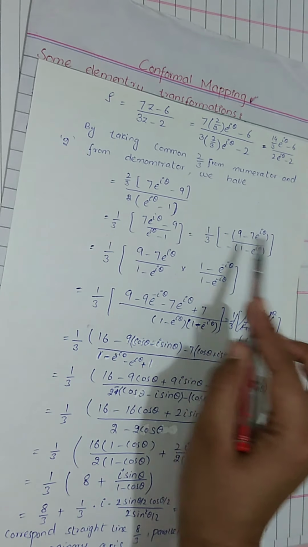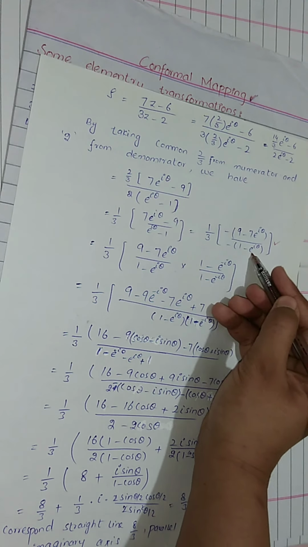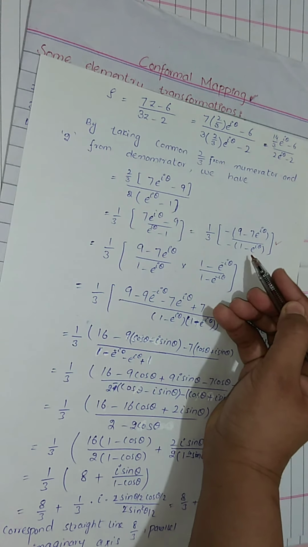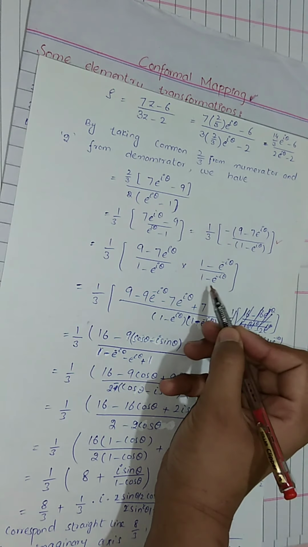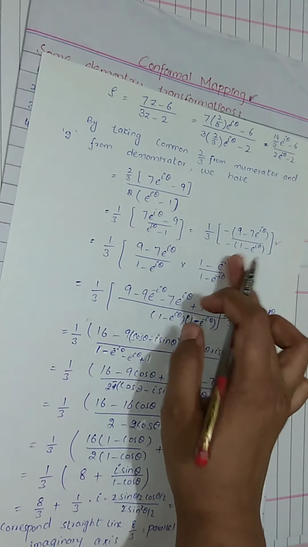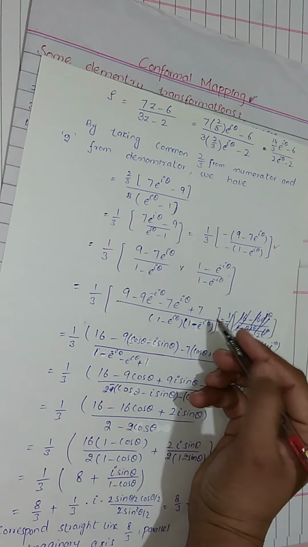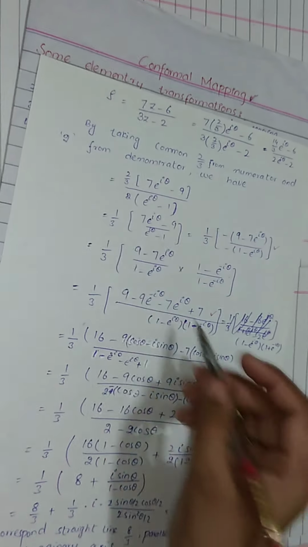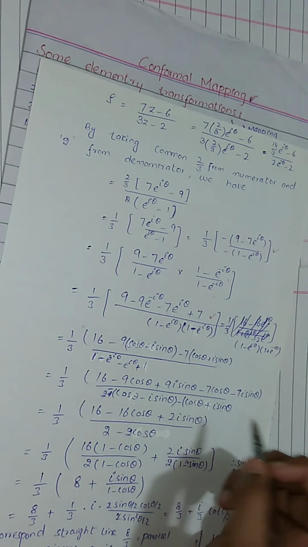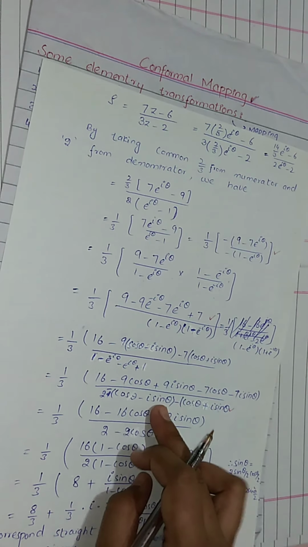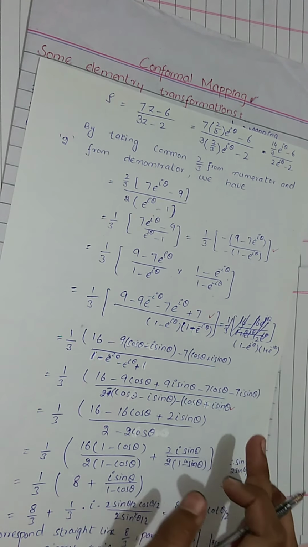By taking the negative sign common, we have this form. Now in the numerator we have a complex number, so we multiply and divide by the conjugate of the denominator, 1 minus e^(minus iota theta). Numerator multiplies numerator and denominator multiplies denominator. Just simplify by multiplying: (1 minus e^(iota theta)) multiplied by (1 minus e^(minus iota theta)), we have 2 into (1 minus cos theta minus iota sin theta plus cos theta plus iota sin theta).